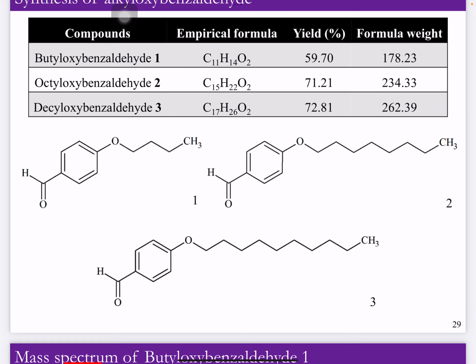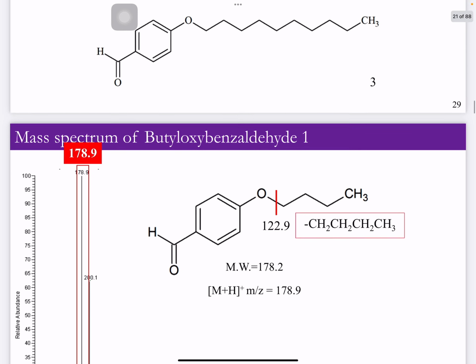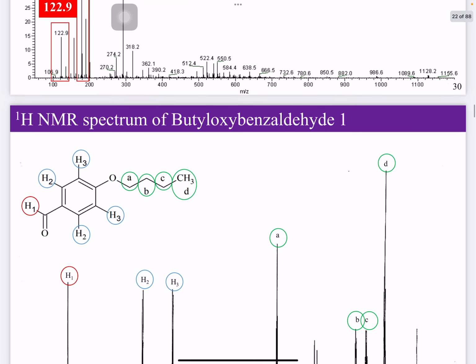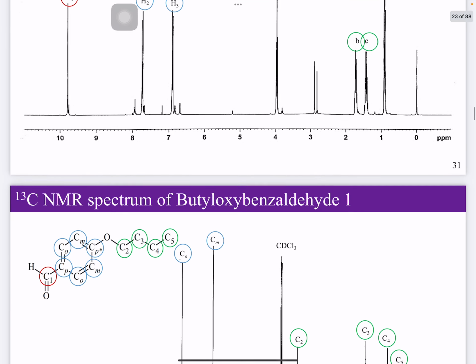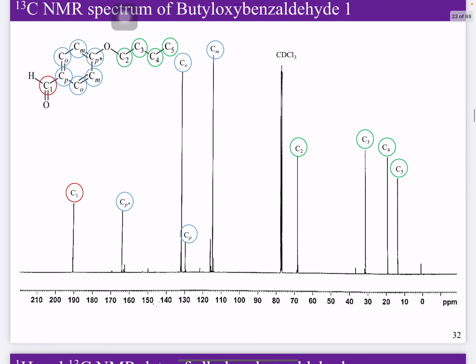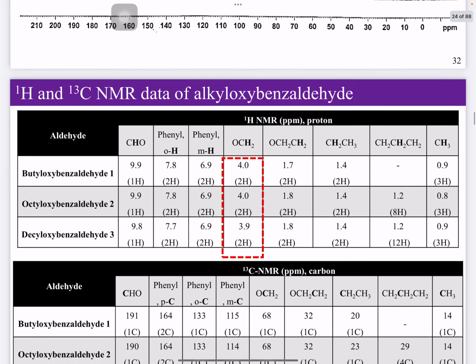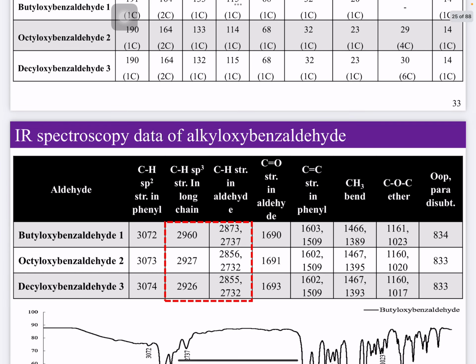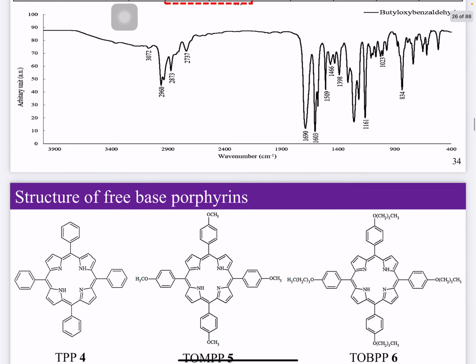And here is shown the free base aldehyde that we use in preparing the free base porphyrins. So the mass spectroscopy confirmed, and the NMR spectroscopy also indicates, the expected aldehyde. So after we get all of the aldehydes that we expect, then we try to make them form